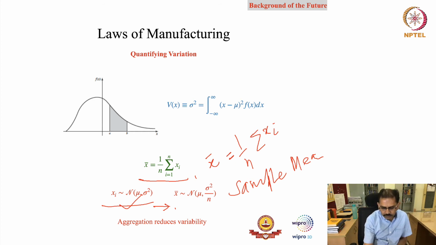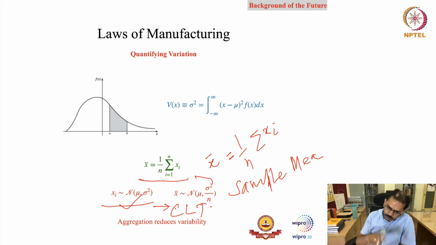Because I've taken this as normal, right? So people have seen CLT, the central limit theorem, that may not be true all the time, right? It is only for large n, I can say that. If this xi would be some arbitrary distribution, that would still be normal, but that is true only when we talk about large n. So that is the concept from the central limit theorem, right? But for the time being, I'm just taking xi as normally distributed.